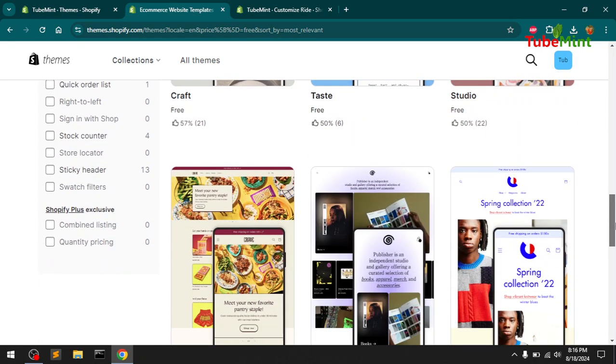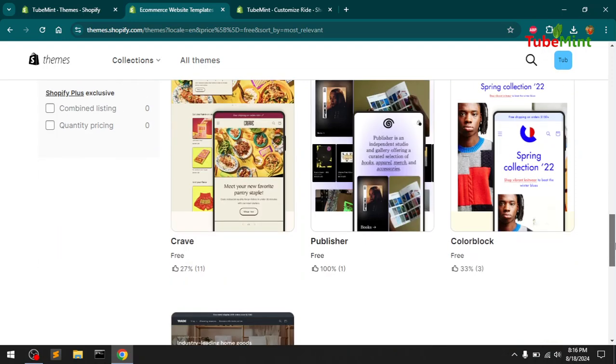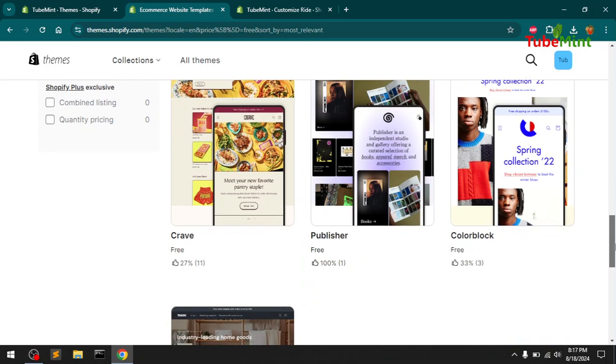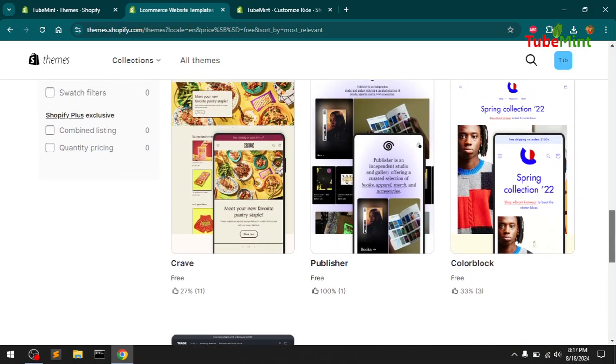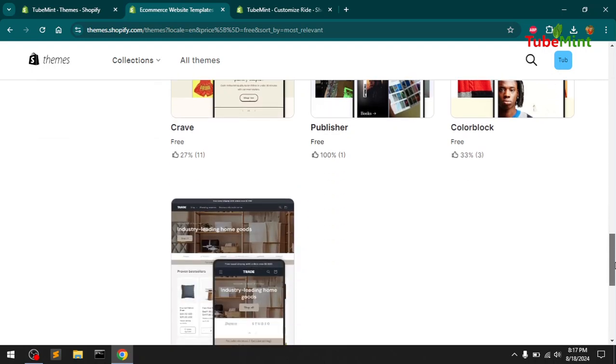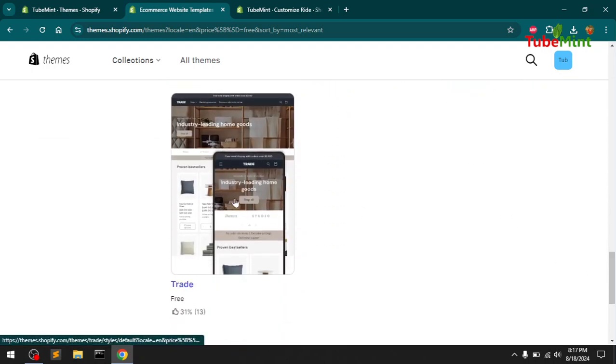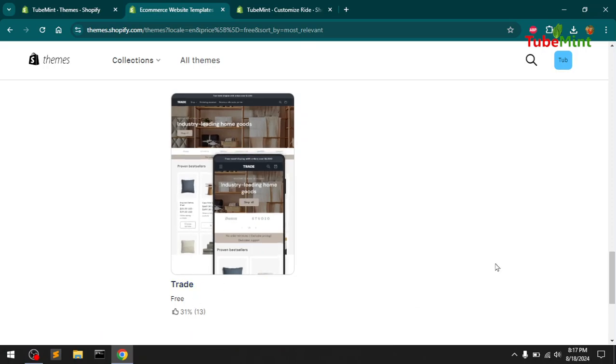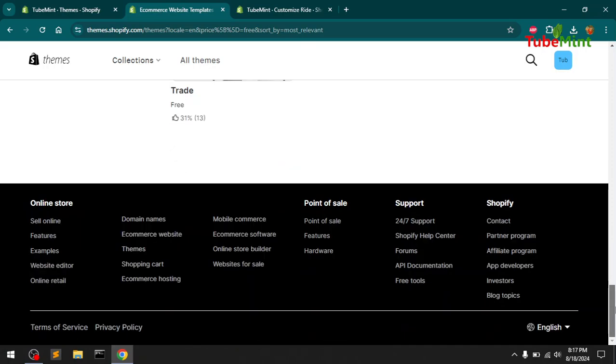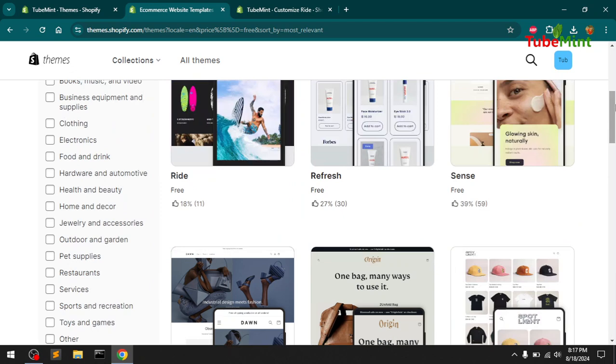Similarly, taste for food, crave for food industry, publisher for writers, color blocks again for maybe design, clothes and clothing. Trade if you are into design, if you are a designer and you want to sell your product, you go with trade. Okay, these are all 13